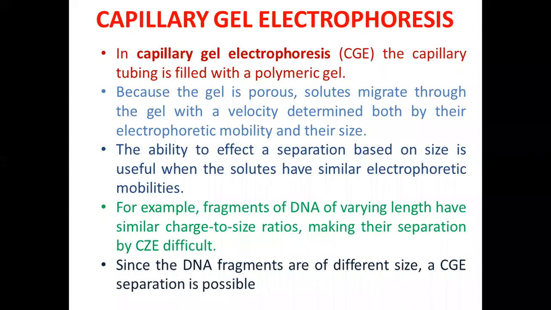Even though the length of DNA is varying, they may not be possessing different properties in order to get separated by capillary electrophoresis. But if you use capillary gel electrophoresis, based on their size, even though they are possessing varying length, we can separate them. All those DNA fragments which are having larger size will be eluted first. All those DNA fragments which are having lower size will be eluted last. All those DNA fragments which are having intermediate size between these two extremes are eluted in between.